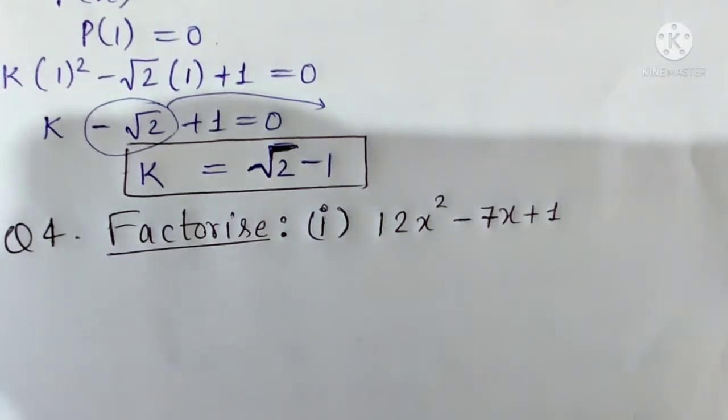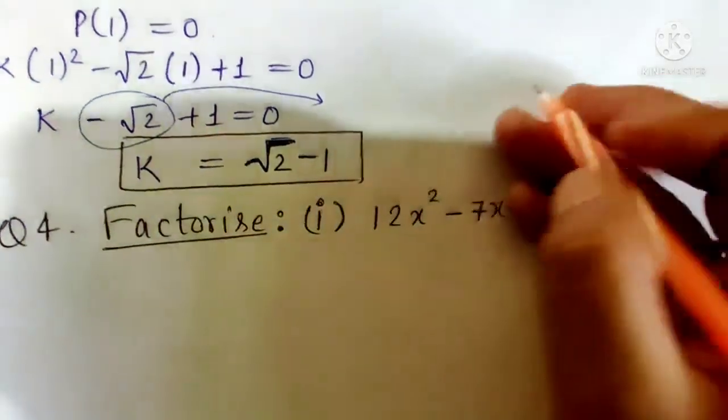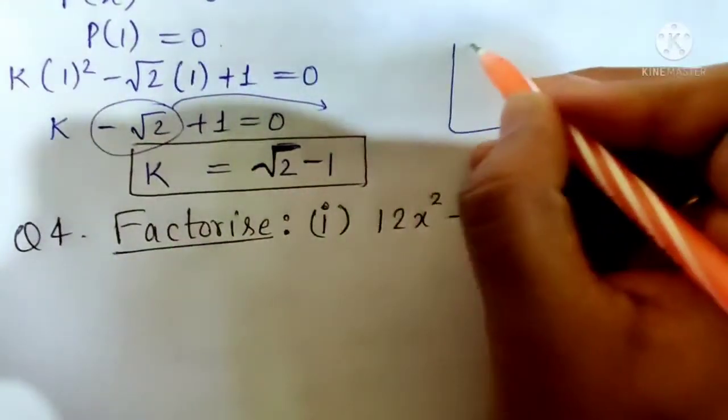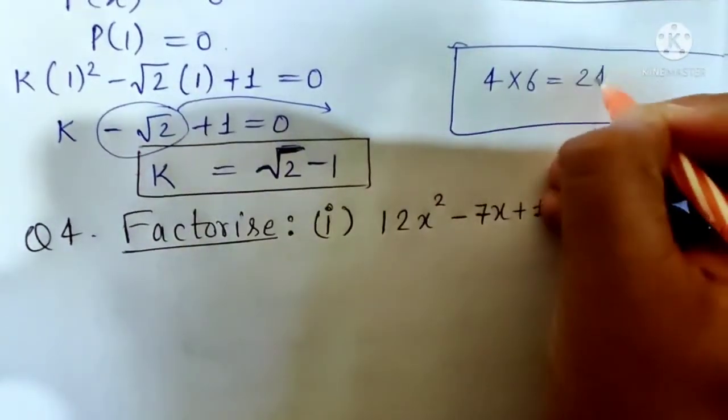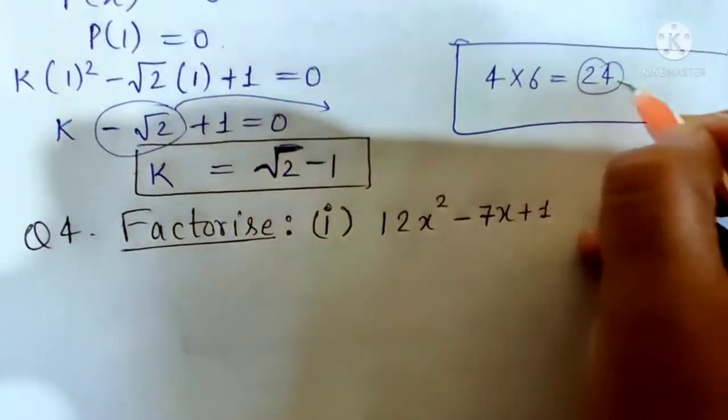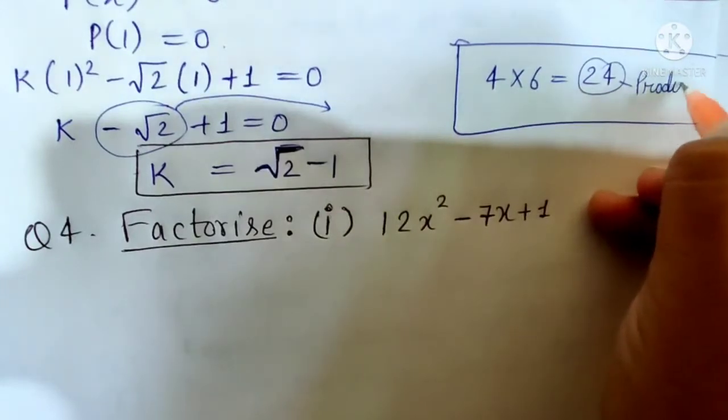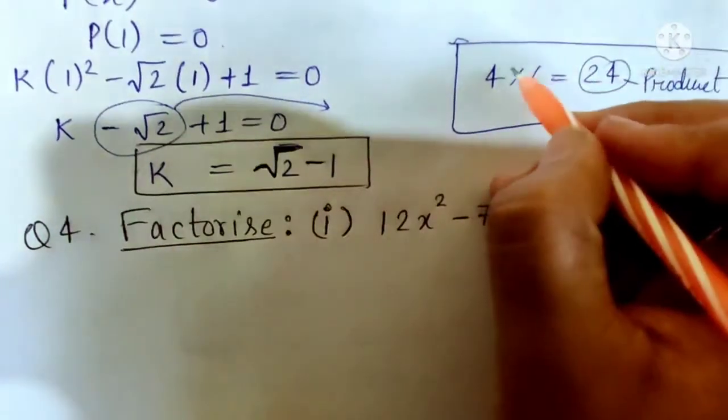Now the question arises, sir, it is not given that x minus 1 is a factor or x plus 1 is a factor. Nothing is given here, so how will we factorize it? See, factor means, as I already told you, like if I am talking about factors of 24. 4 multiplied by 6 will come 24. So it means it is a product. What is this 24? It is a product. Product of what? Product of these two, 4 and 6.